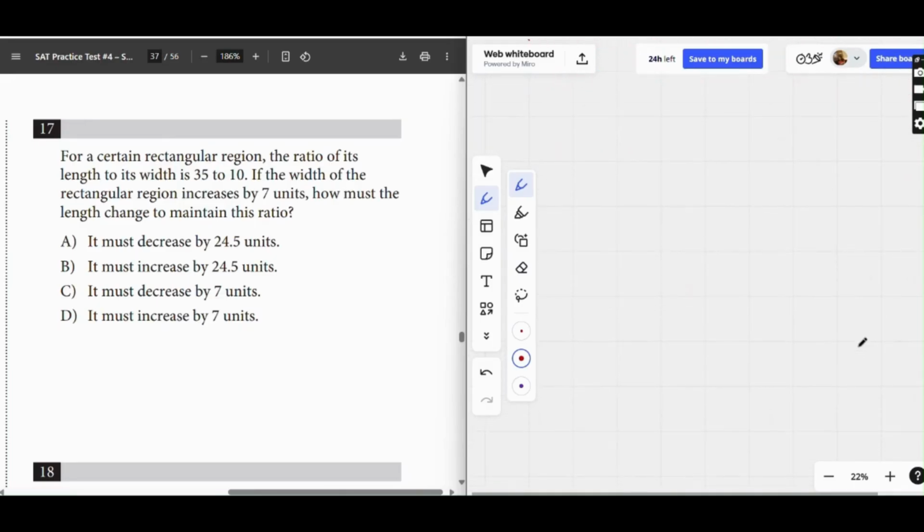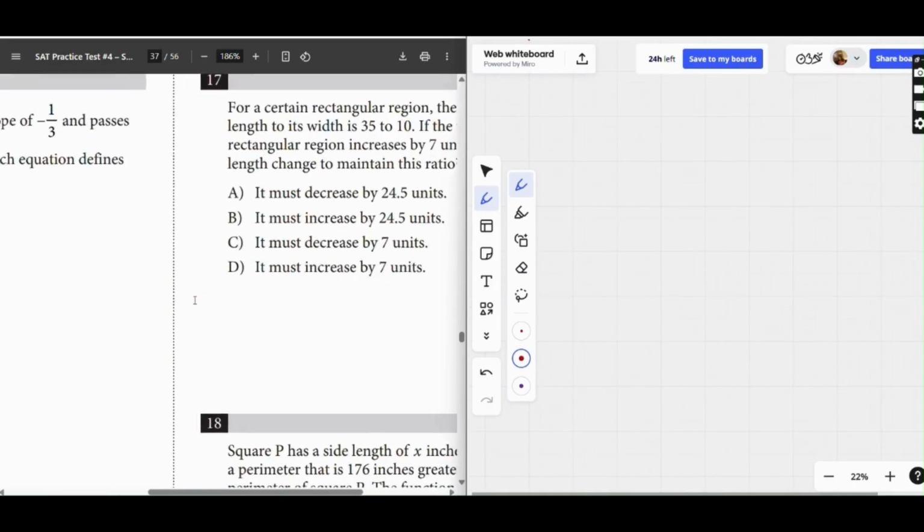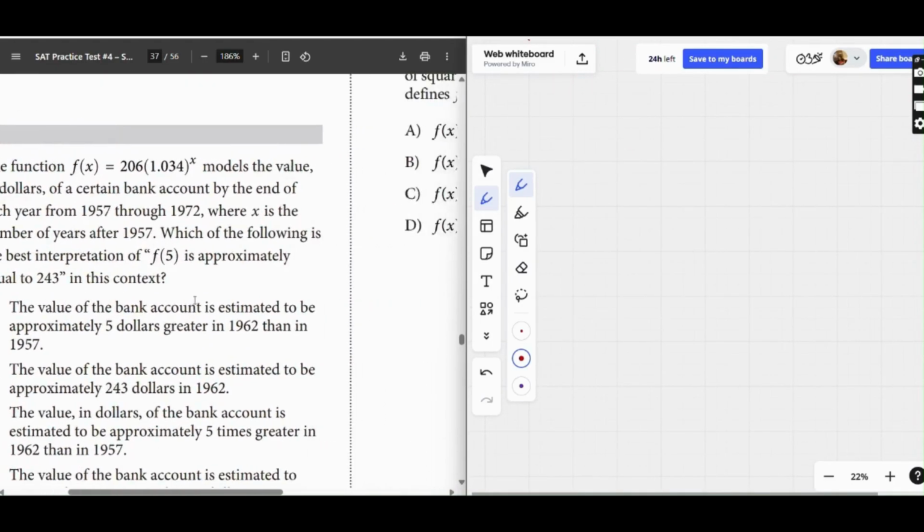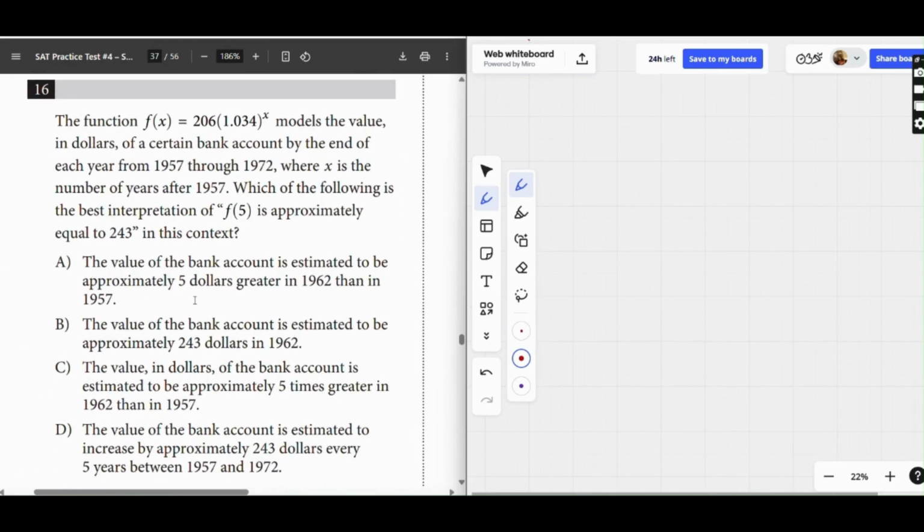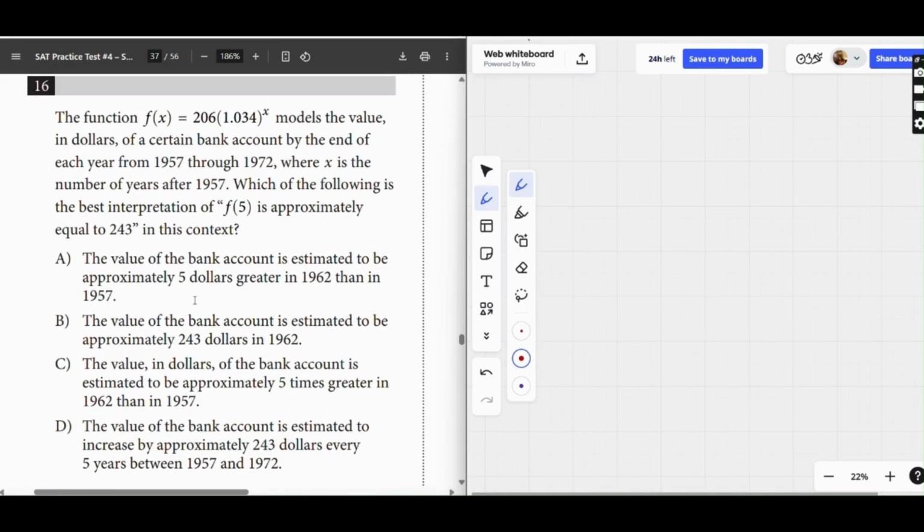Oh no, question number 16 is there. Okay, it's an exponential function. The function represents a multiple with an exponential model, which models the value in dollars of a certain bank account by the end of each year from